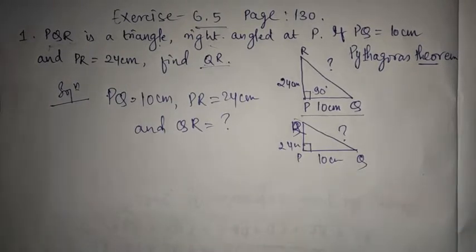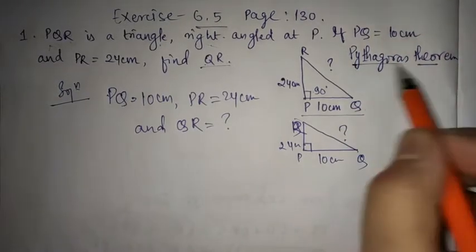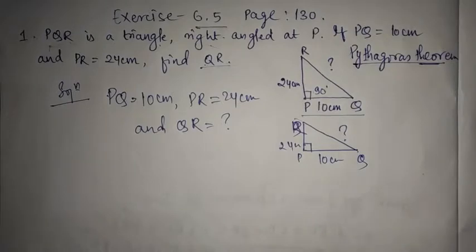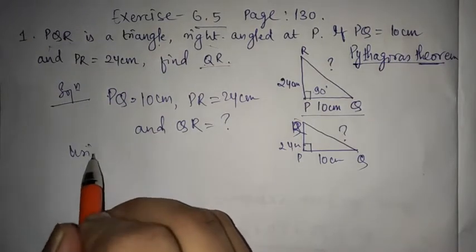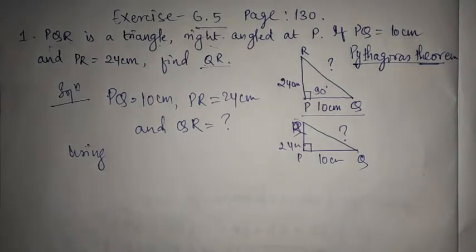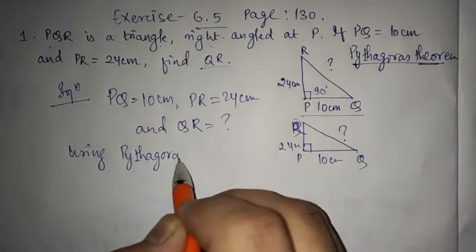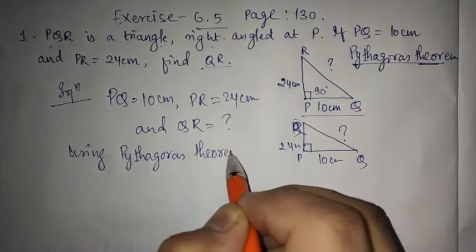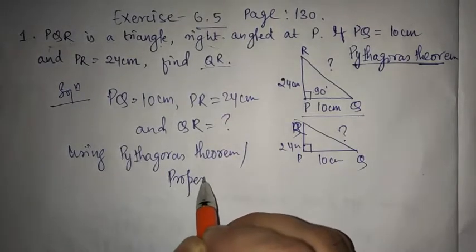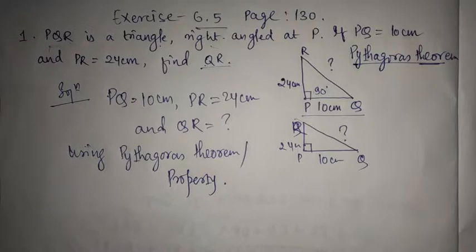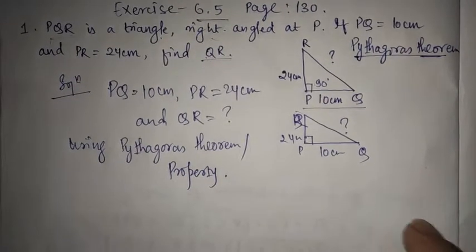So now what to do? What property to use here? As the right angle triangle is given, it's better you will use the Pythagoras theorem, right? The property is very easy there. Using that formula, we are going to find the QR value using the Pythagoras theorem or property. I hope you may not have understood properly till now, only the little hint you have got, I guess. So let me remind you again.